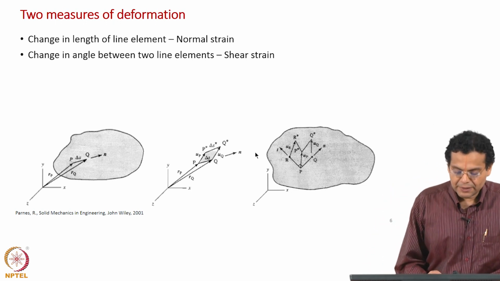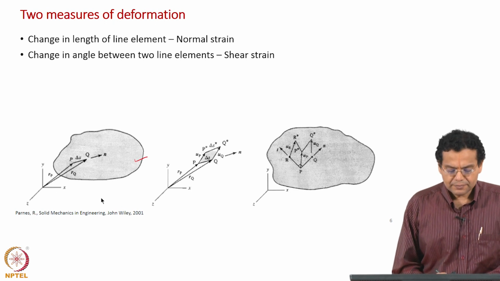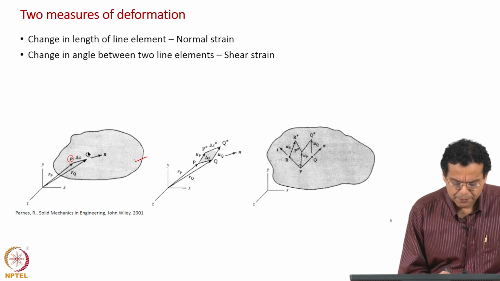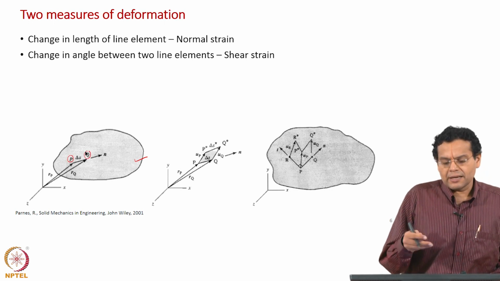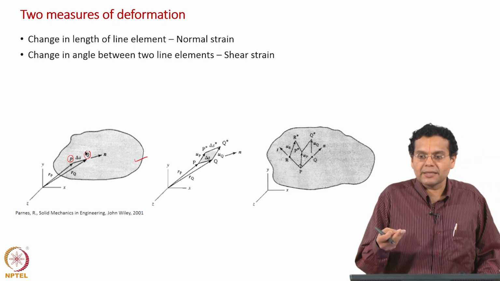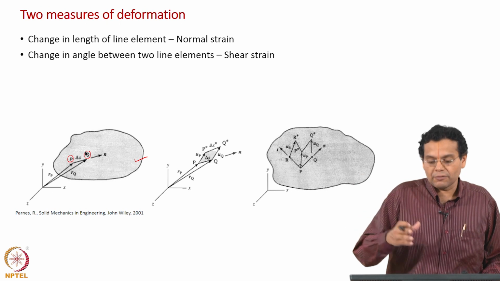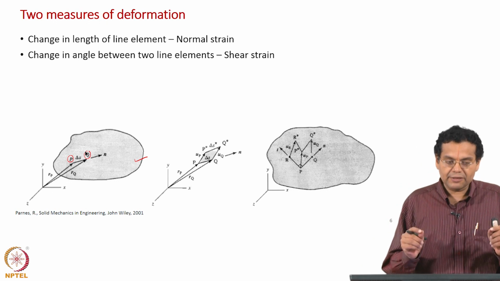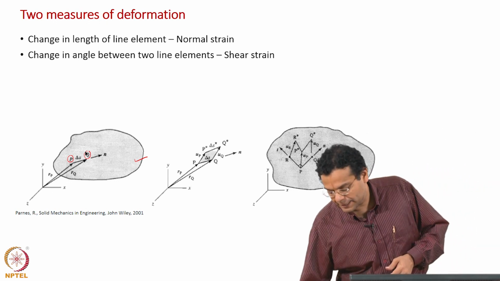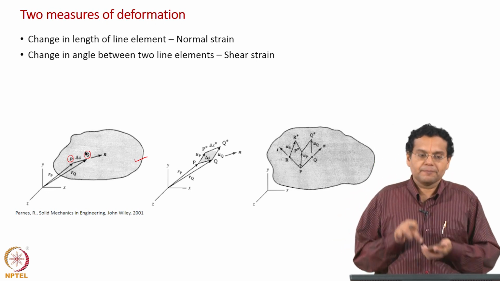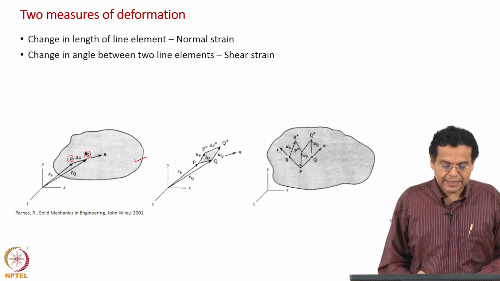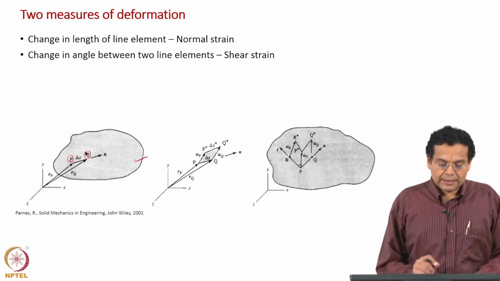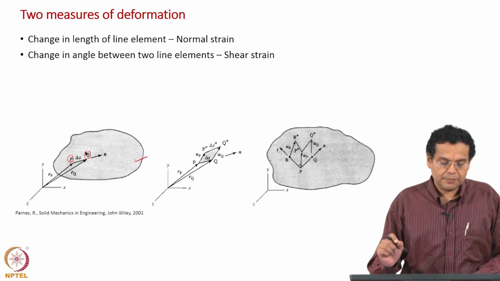What is shown here is a solid object, and you mark 2 points P and Q. Either you call them points, or later on I will call them particles or solid particles, so that you can easily extend to fluid. Remember, you always have to take this to fluids, so we can easily say fluid particles or solid particles. So we identify 2 points, something like this: you take a plate, then mark 2 points here, and PQ is a line joining the 2 points, or the 2 particles, and delta S is the length of the line joining P and Q.